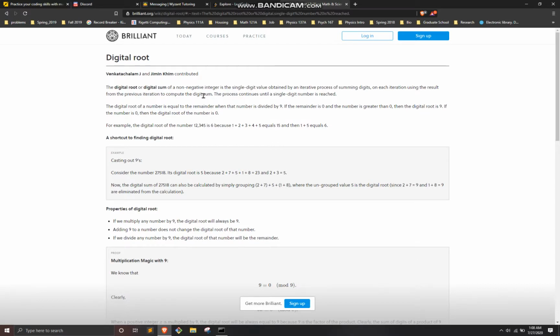You use the result from the previous iteration to compute the digit sum. Isn't this what I did? The digital root of a number is equal to the remainder when that number is divided by 9. This is weird. So they're saying here that the digital root of a number